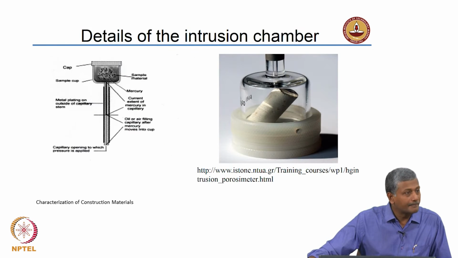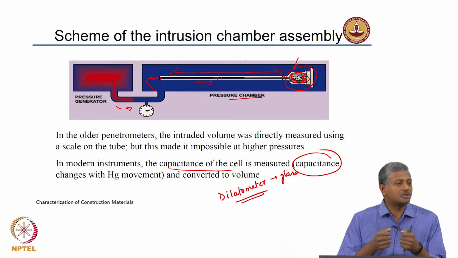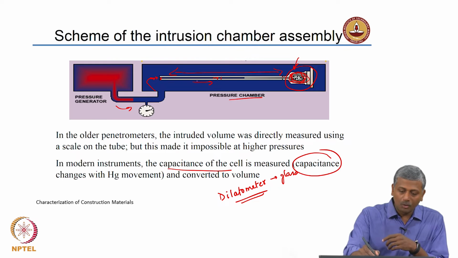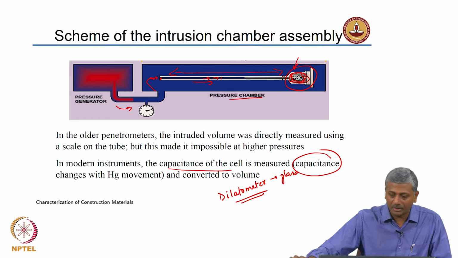So, why the name capacitance? It is just an electrical property to be measured in this case. Capacitance is the measure of the ability to actually store charge, right. So, as the volume inside the capillary tube changes, you have a change in the composition of the air inside the capillary tube. Now, you only have air present inside. So, obviously, there will be a change in the charge carrying capacity of this tube. So, it is much easier to measure in this case, and you essentially convert that into the overall volume of mercury that is intruding into the sample.